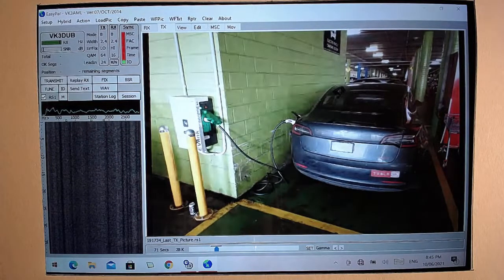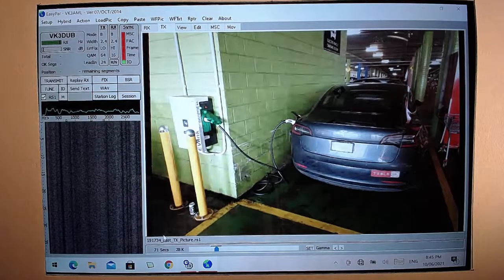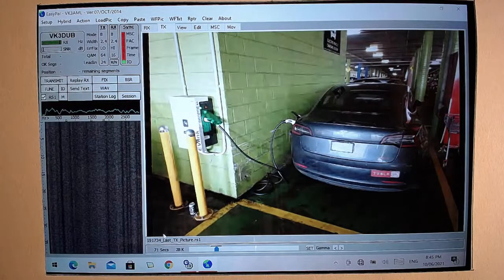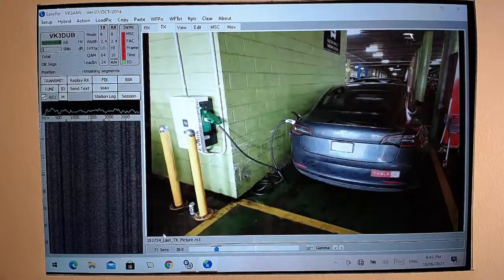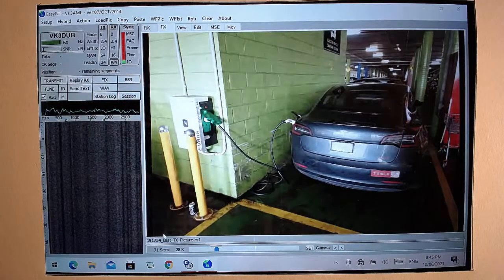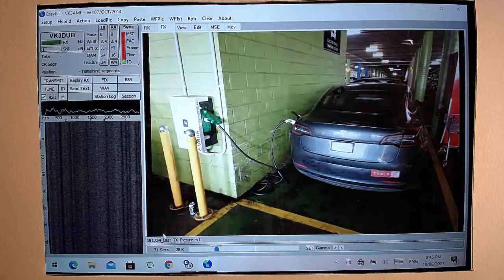So this is VK3AML with the EasyPal digital slow scan net. I hope I may be only receiving this week. We'll see if this actually receives. It'll be a good question. So VK3 Alpha Mike Lima with the